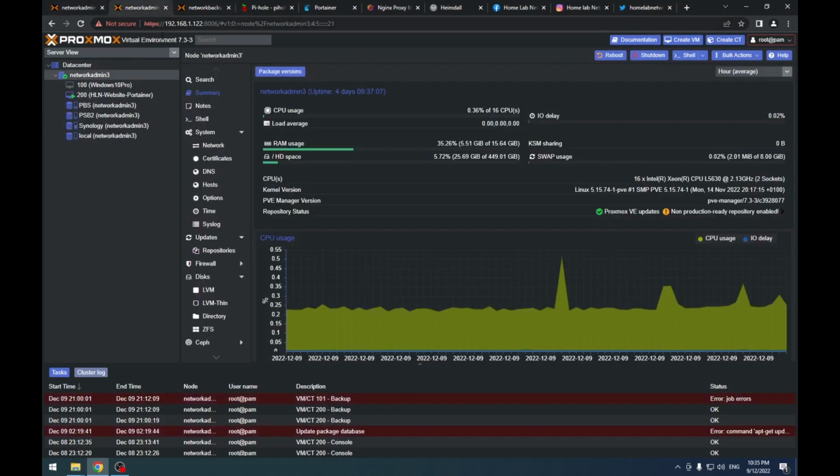So node 2, sorry, this one's server 3. So this one is the Dell R410. I've just got a Windows machine here, just because I don't have a reason why it's there, it just is. But this one